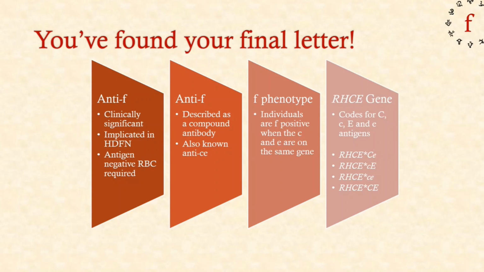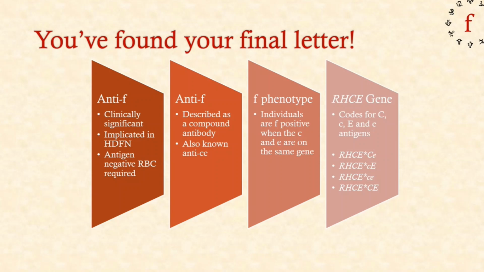So the F phenotype: individuals who are F positive, this occurs when the little c and the little e are on the same gene. If we look at this last column here, when you've got your Rh genes, you've got RHD, that comes on a gene on its own. But with the big C, big E, little e, there's one RHCE gene and it encodes for all of those antigens. So what you would inherit from your parents is one RHCE gene,